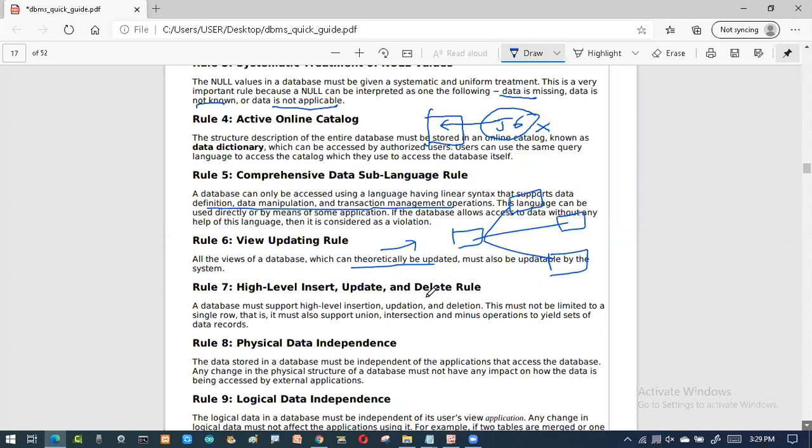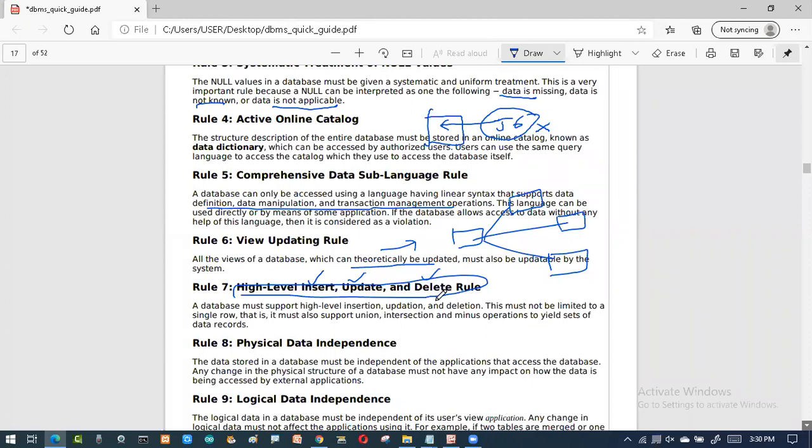Another very important one is the insert, update, delete rule. If a new person comes, I should be in a position to add the records. When the old data is there, for example, I have changed my number, sir, today my number is not available, I lost my mobile, I have a new mobile number, kindly update. That means I'm trying to modify it. Then when the student has left or the person has gone elsewhere, if you nowhere require that data, then you are able to delete it.